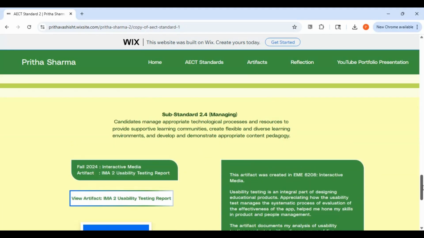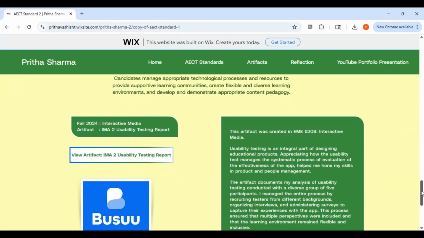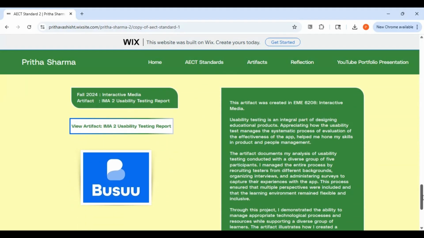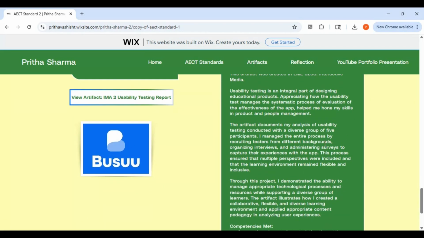For the final Substandard 2.4 managing, I was able to create a usability testing report. So this really helped me also develop or hone my skills as a UX researcher in the EdTech domain. So for this, I conducted a usability testing activity for Buzu, which is a language learning application. So I used the mobile app, and I had recruited a few participants of different age groups. So this really helped me